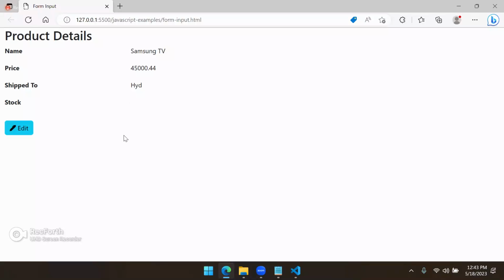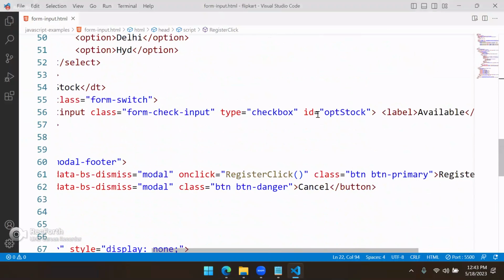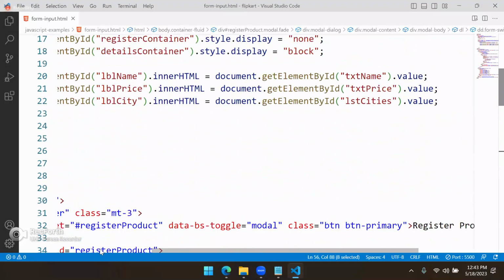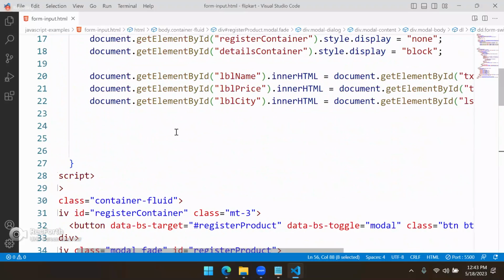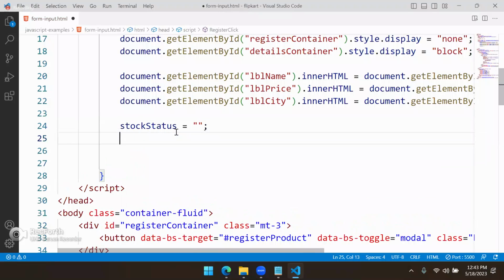Stock, we need to verify. What we have to do? We need to check whether the stock checkbox is selected or not. So what is the stock checkbox? The stock checkbox has an ID, OPT stock. So here we will write two things. One is stock status, which is initially empty. That is one variable. Another